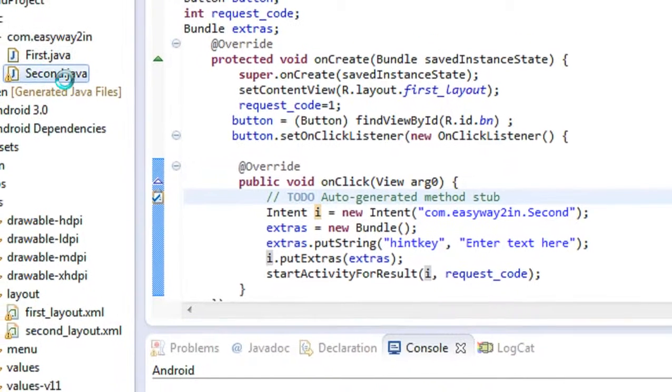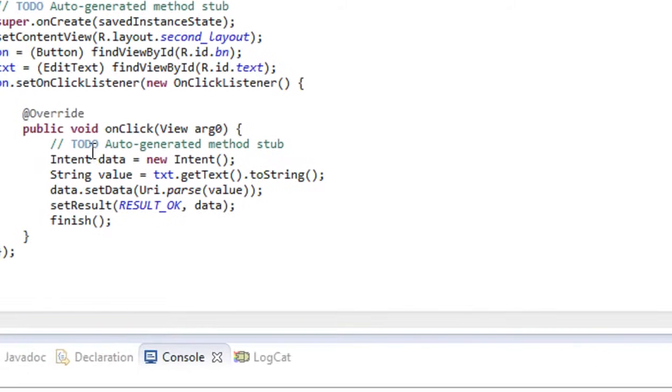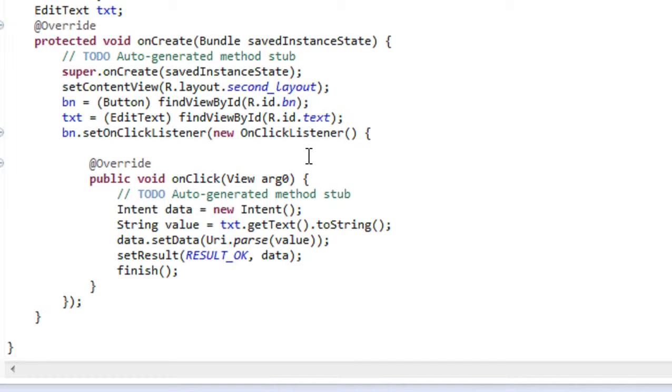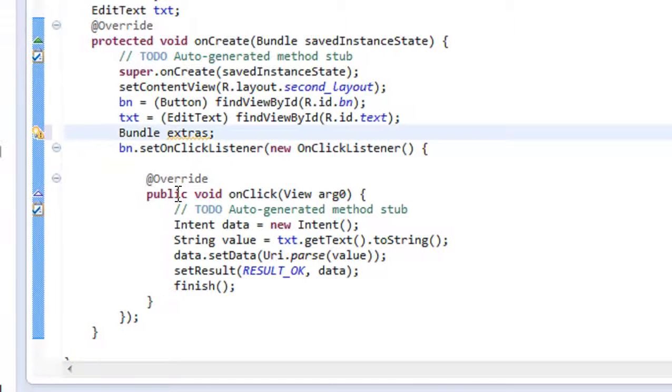In order to do that, I am going to the second.java file. Here there is a button present. Here also we have to create a bundle object. I am going to get the bundle object from the intent object. So here also I create an object of Bundle, extras. Extras is an object of the class Bundle.